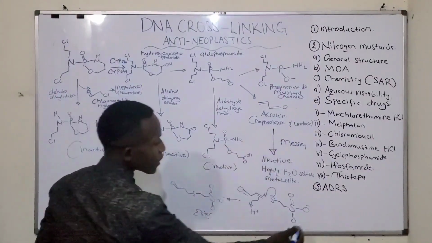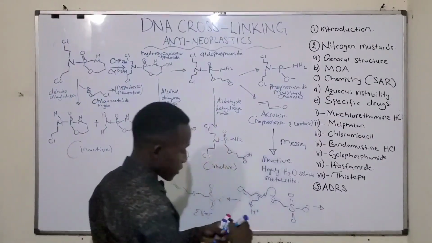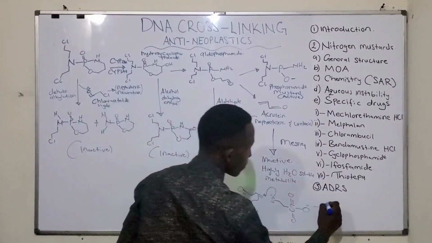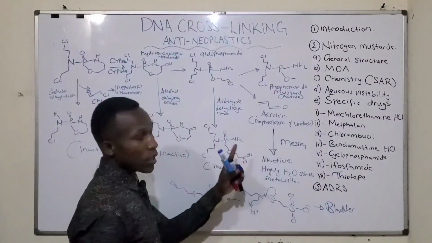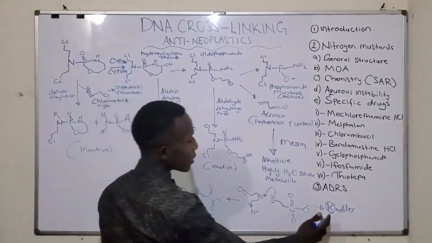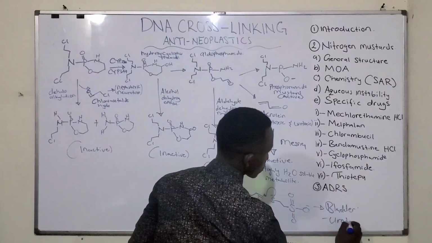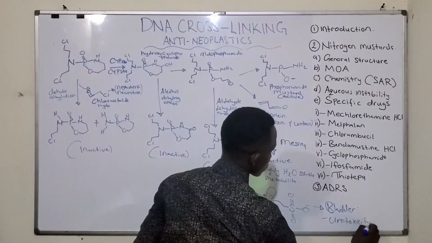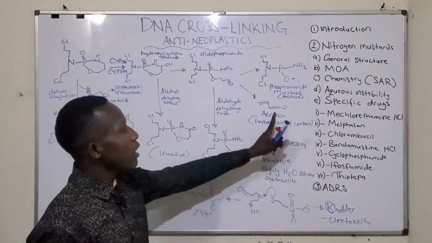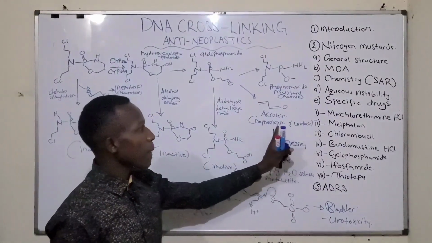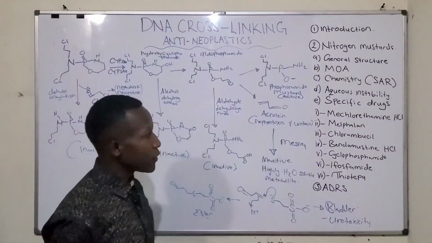But for nephrotoxicity, since this mesna is highly water soluble, much of it will concentrate in the blood. Much of it, not in the kidney, but in the blood. So, this mesna can prevent the urotoxicity, but it's not much important in nephrotoxicity, meaning that acrolein can cause the nephrotoxicity, but urotoxicity can be prevented. But nephrotoxicity is not easily prevented.